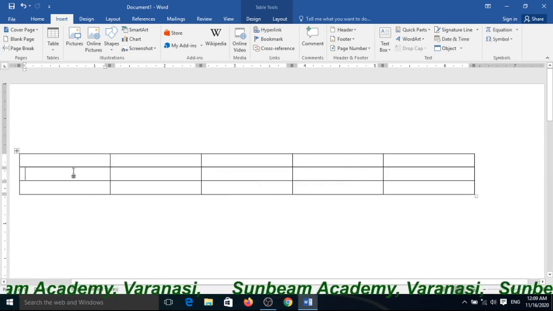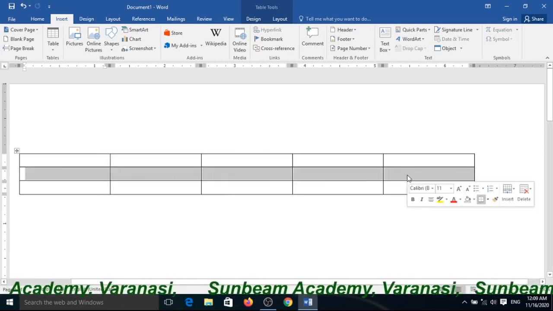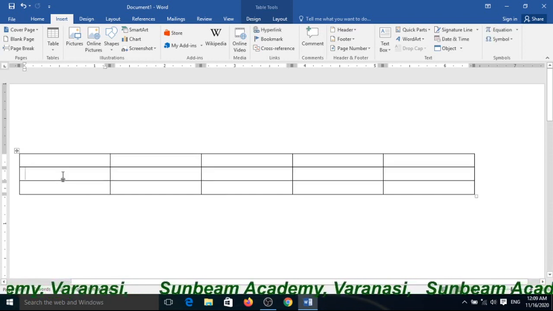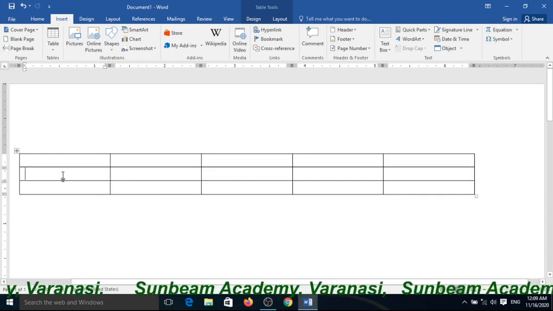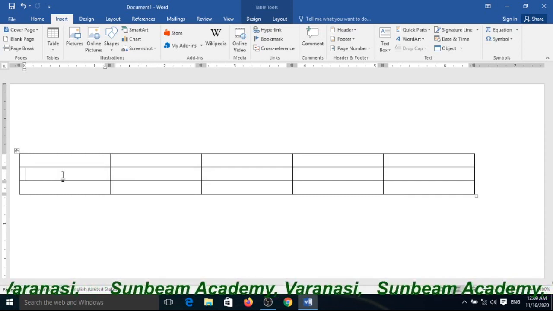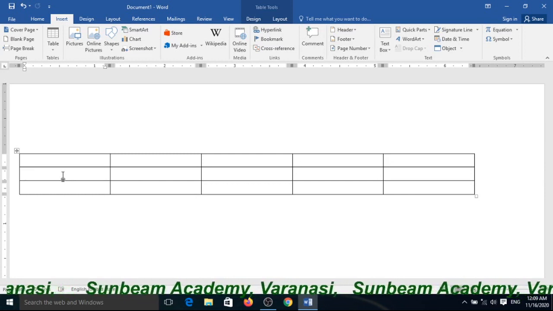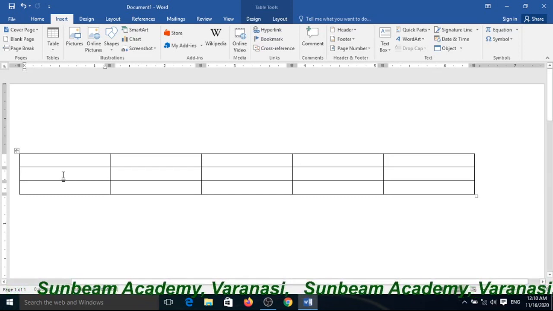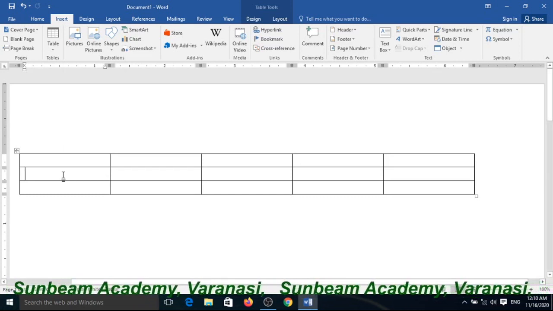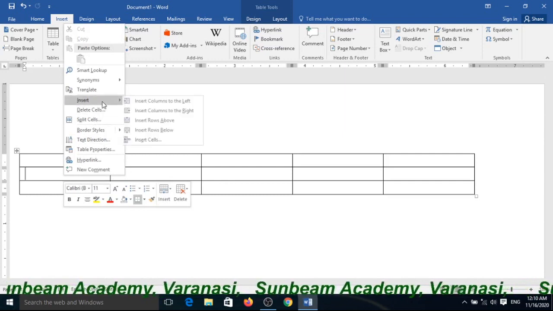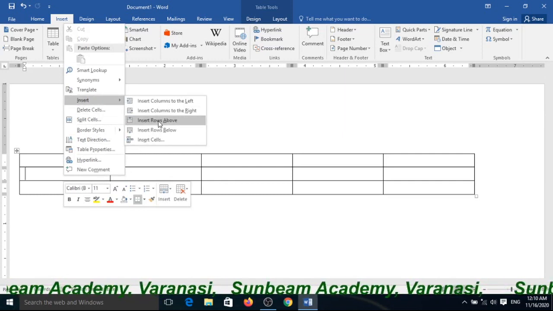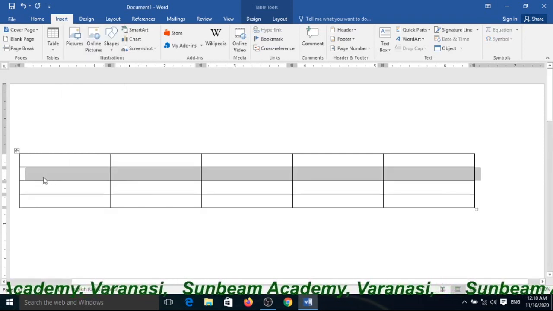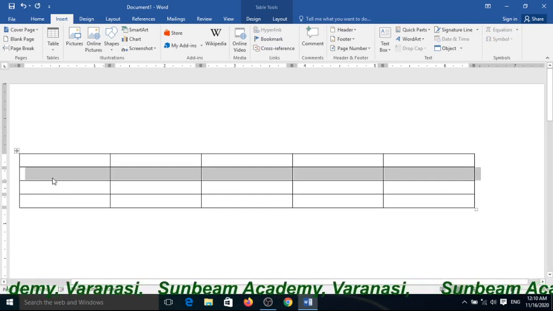Suppose I want to add rows above or below, select that cell where you want to add rows. Right click and choose Insert Above and it will be added. Yes, you can see here it is added.